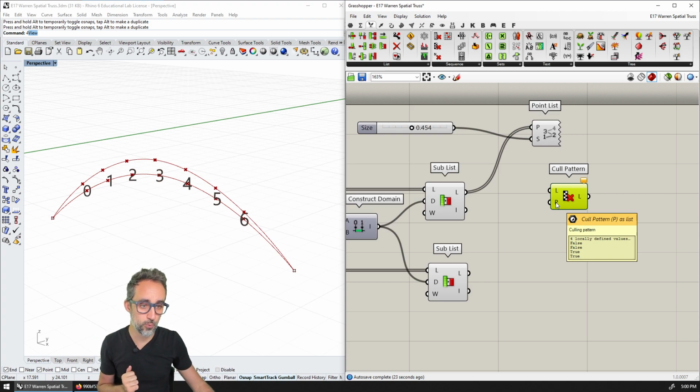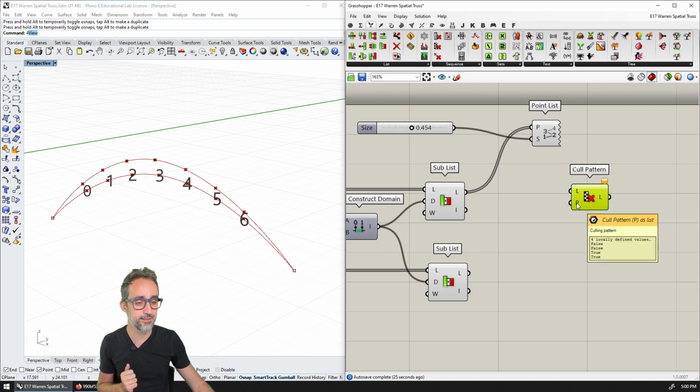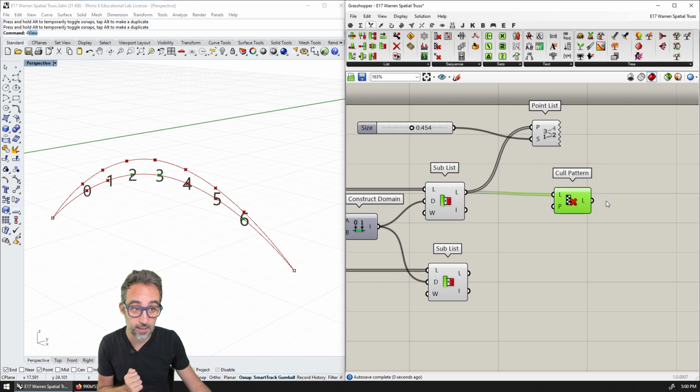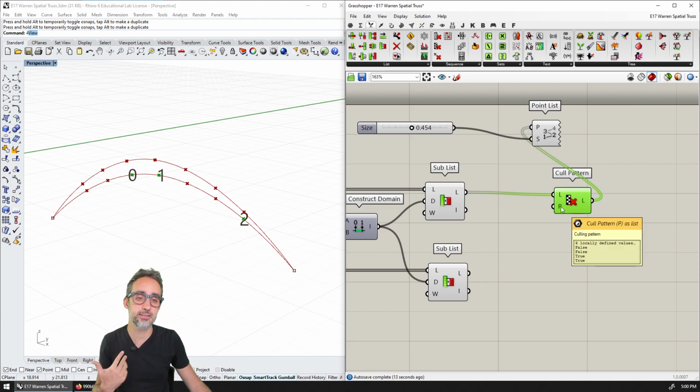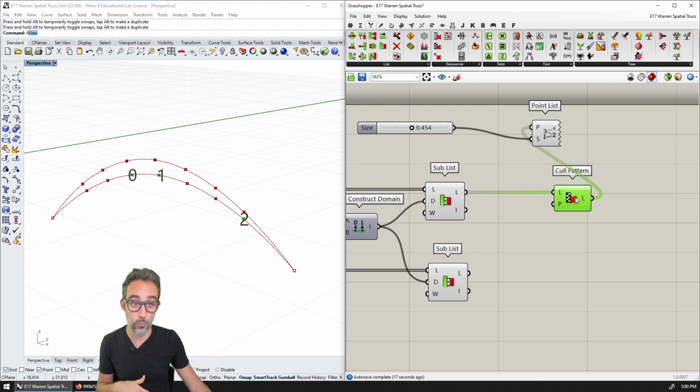So how is that going to work? Well, you can see that the pattern list already has a default, which is false, false, true, true. If I apply that here and visualize these points now, you can see that false, false, left; true, true, stayed; false, false, left; true, stayed; and then etc. So true means the points are going to stay, false means the points are going to go.